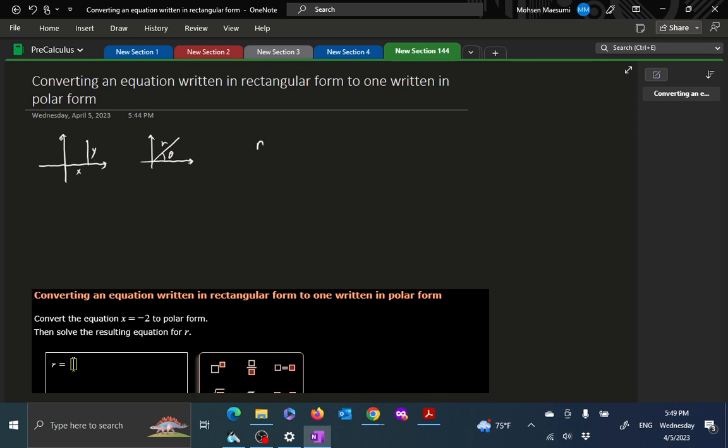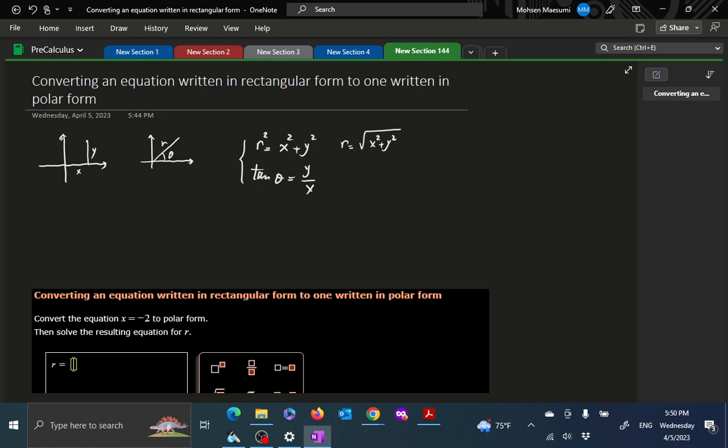We have r squared is x squared plus y squared, and if you want r itself, you take the square root. Tangent of theta is y over x. So these formulas are helping us to calculate the